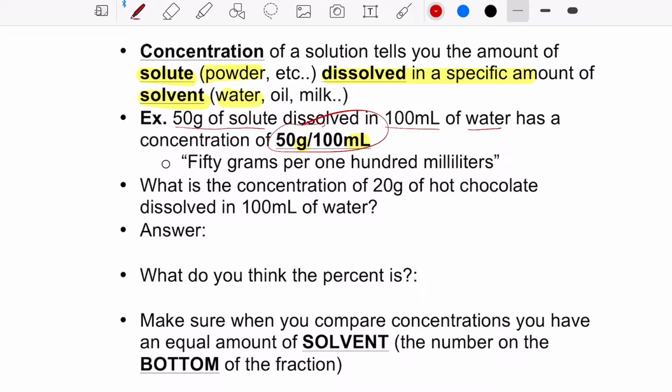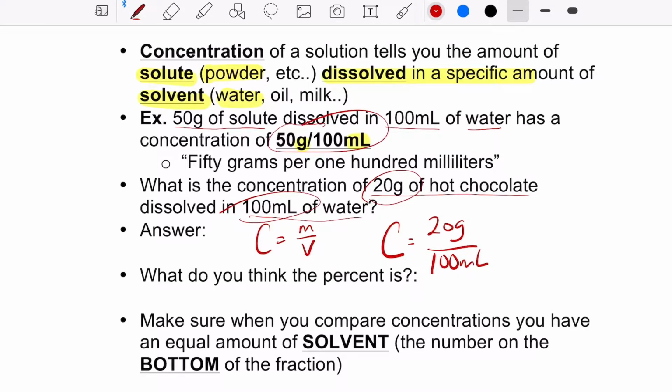What is the concentration of 20 grams of hot chocolate dissolved in 100 milliliters of water? Really, guys, all you've got to do is write: concentration is the grams, so the mass, divided by volume. We take the grams number, 20 grams, and divide it by the amount of liquid, which is 100 milliliters, and we get our answer. This could be our answer right here, 20 grams over 100 milliliters. Or if we divide that on our calculator, it would give us